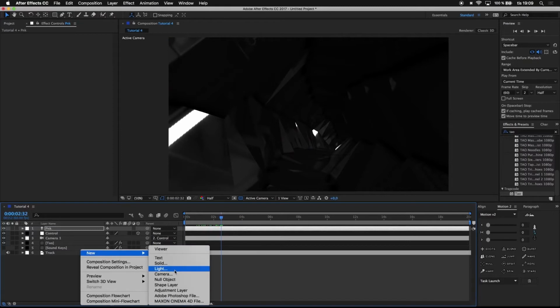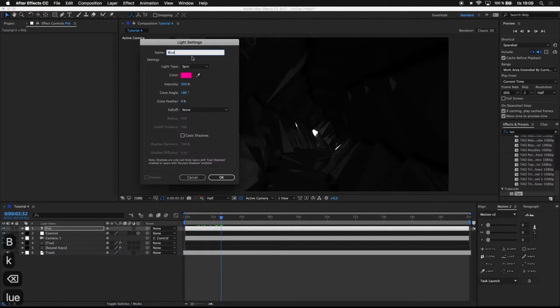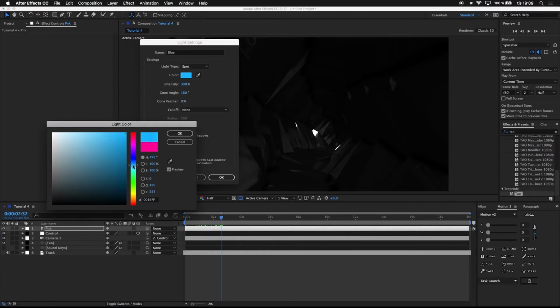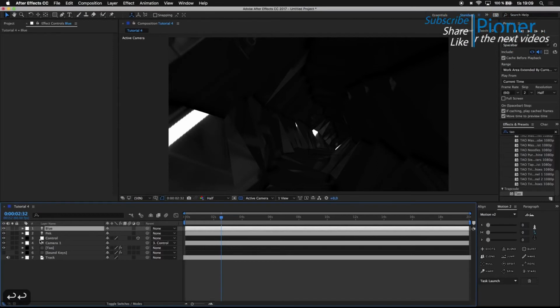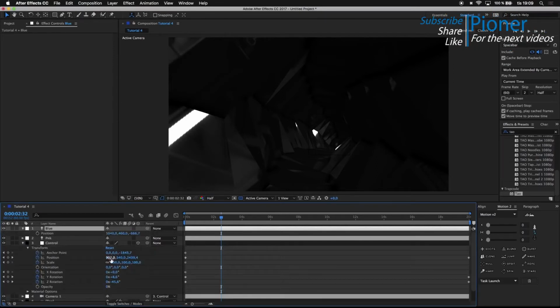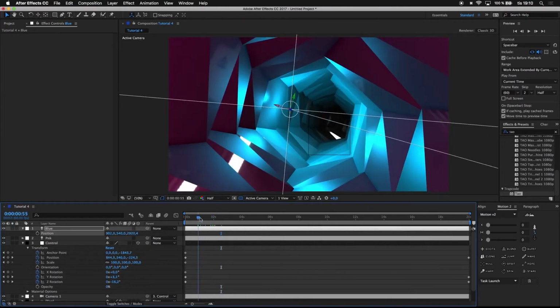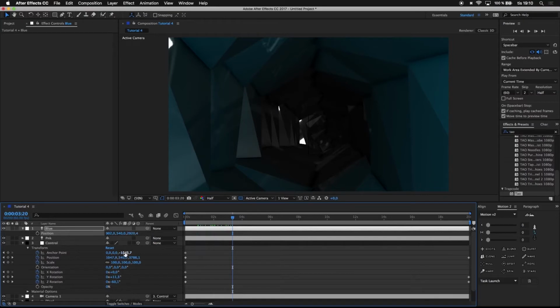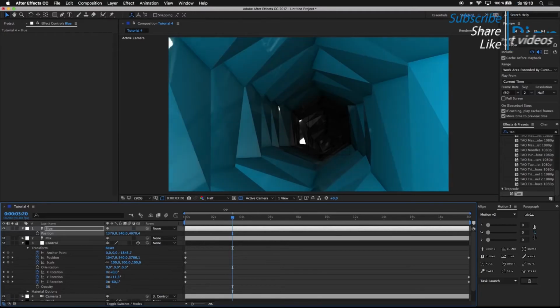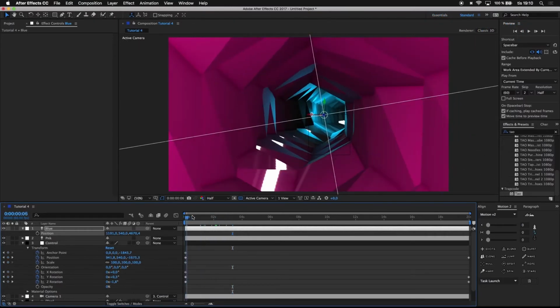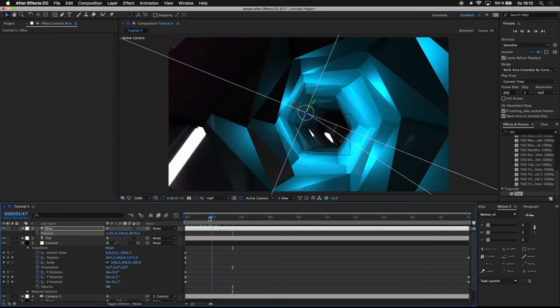Go further. Here we want the next light. So new light, blue. I'm gonna choose this blue, and go with position control, just Command C, Command V, like that. I'm gonna drag it forward a little bit, maybe a little bit more. Oops, wrong. You can customize this until you get the right light. Boom, like that. And as you see now, this is not looking as it did in my video, and that